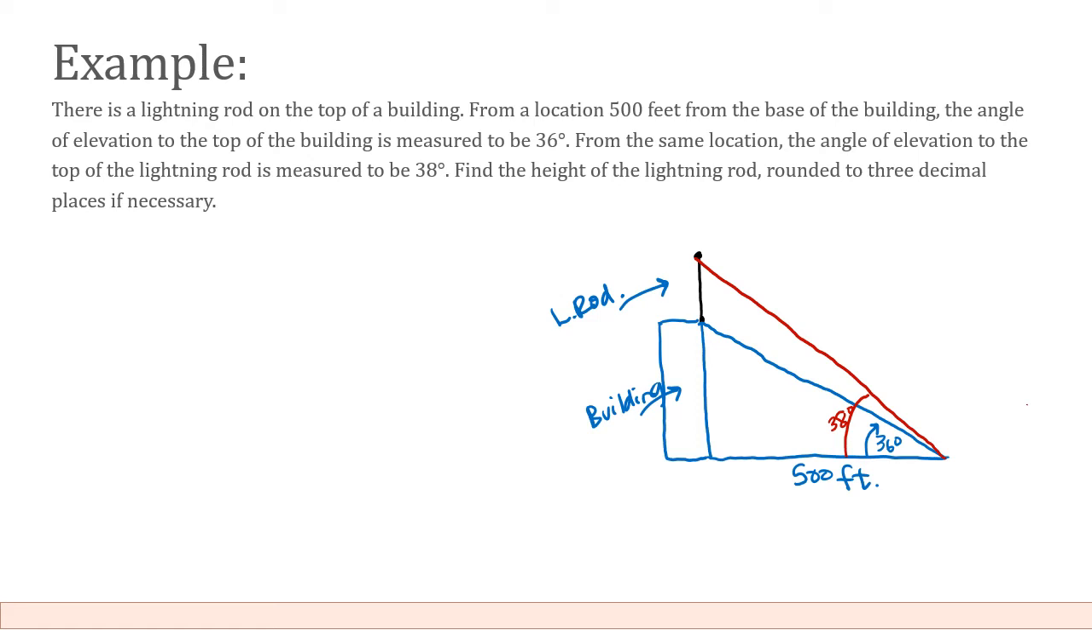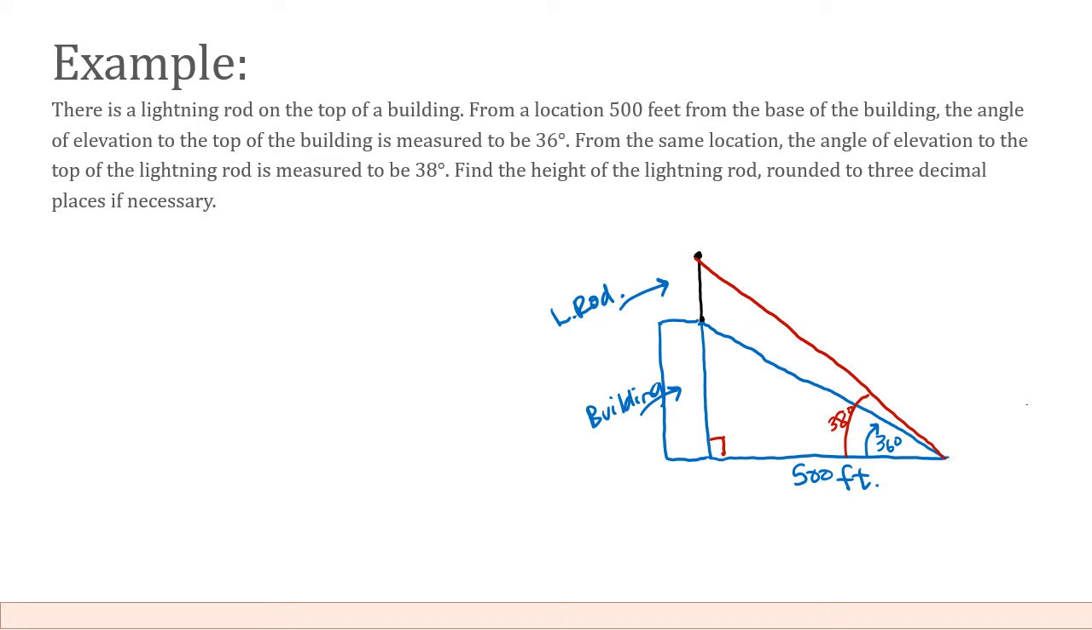We're assuming that the building is perpendicular to the ground. They haven't told us otherwise, so we do have a right triangle. And actually we have two right triangles, don't we? We have the right triangle that is the building with the lightning rod. We have the right triangle that is just the building. I think what I'm going to have to do is label a variable to represent